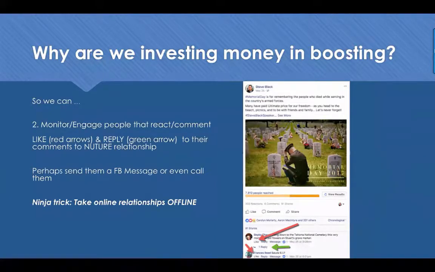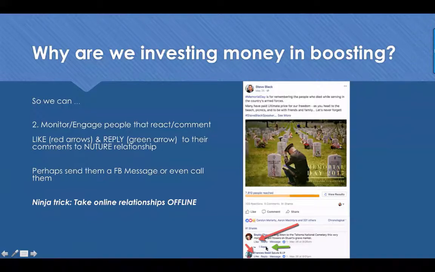The second reason is, besides monitoring those likes, we just monitor the comments. And one thing that you want to do, as you see with the red arrow, on a daily basis, after you've put up a good piece of content, whether it's on your personal profile with your friends or on a business page, and promote it to reach more people, both people that like you and people that don't know you, but you want them to know you, you like their post. You like their comment, so that they get notified that your comment was liked by the person who did it. Now they feel they have a relationship with you.